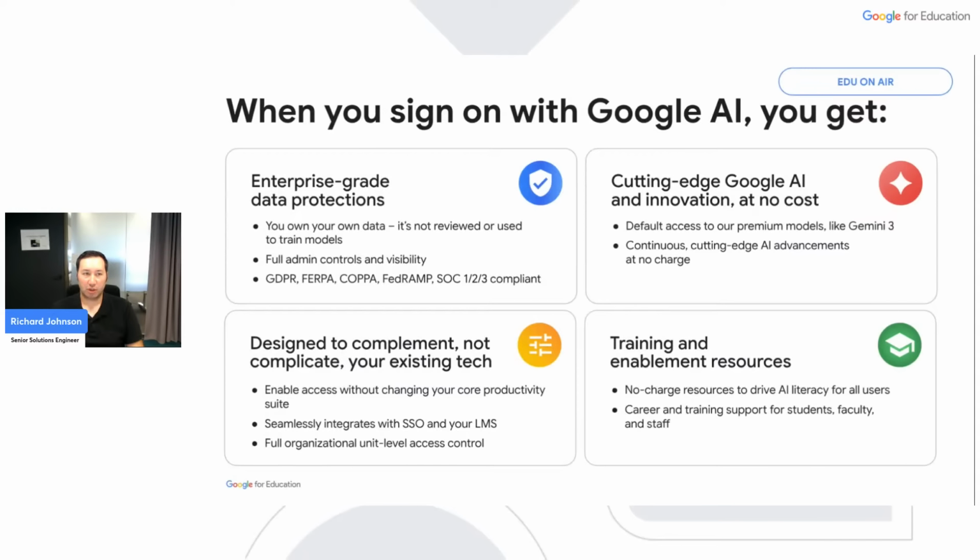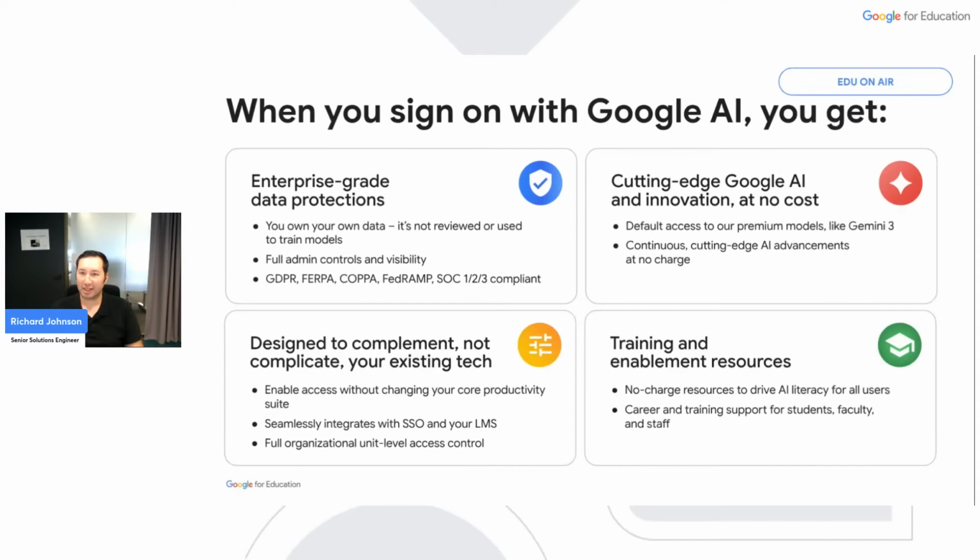Now, if you've just tuned in or you haven't been paying attention to a lot of this presentation, there's 4 things I want you to remember before we go into Q&A. 1, Gemini is your secure AI education partner that's fully compliant and it doesn't train models. 2, Gemini is free, it's easy to turn on for registered educational institutes. 3, We're going to meet you where you're at.